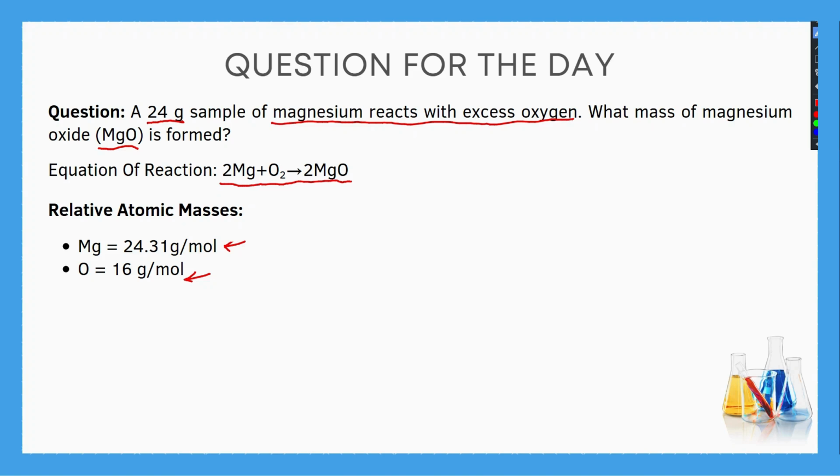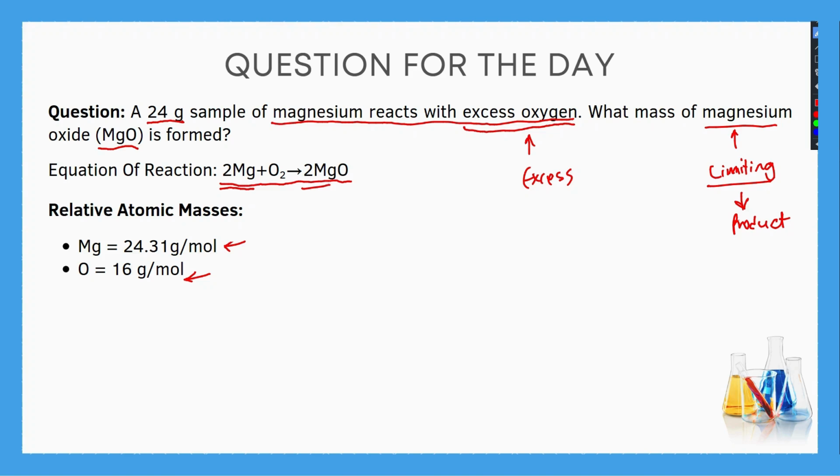Now, the first thing we were told is that oxygen is in excess. If oxygen is in excess, it automatically means that magnesium is the limiting reactant. Now, under the topic of limiting and excess reactant, it is the limiting reactant that determines how much product is formed. So that means our attention is going to be on the limiting reactant, which in this case is magnesium,